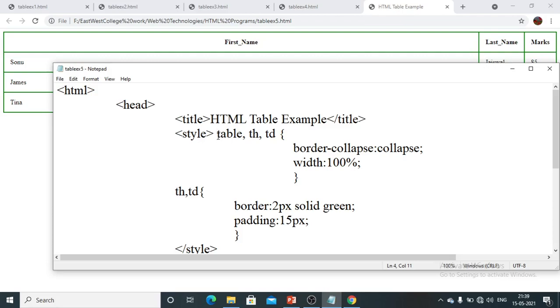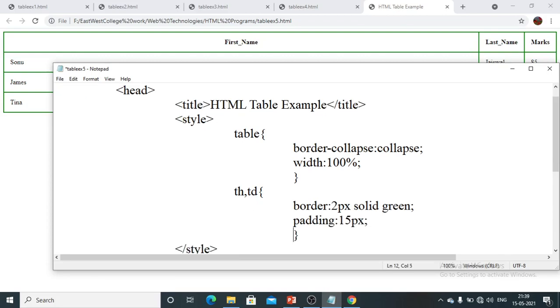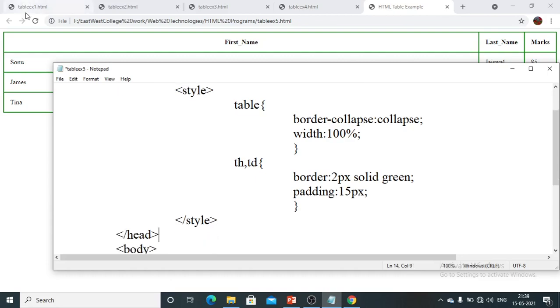After the style, I will remove these two values, that is th and td, and keep only table. Next, th and td I will add separately. I will keep the proper indentation so that I can edit properly. Okay, I'm going to save this file.